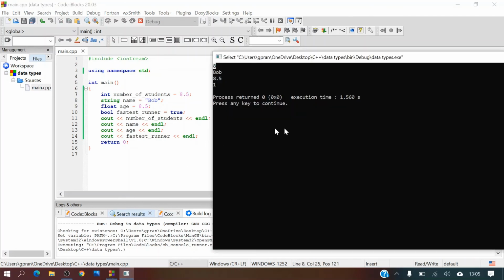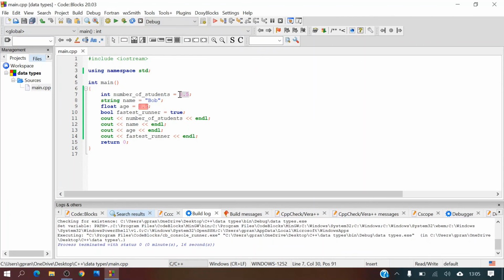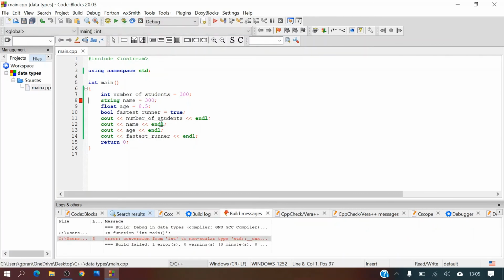So let's put that back into 300. And now if we put our integer 300 inside a string, it will show an error on this line,